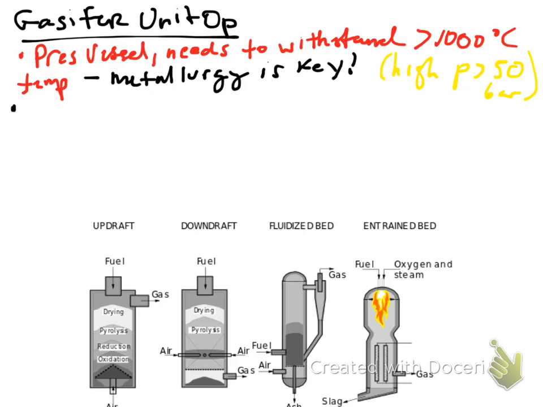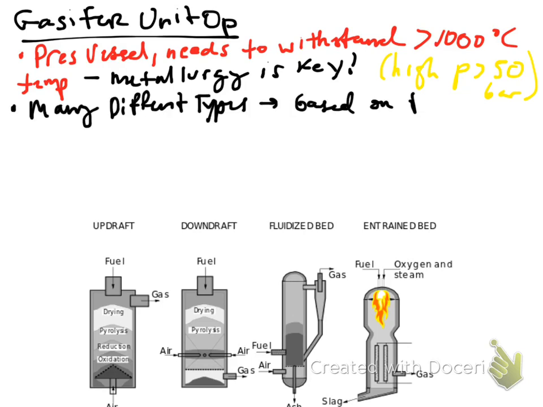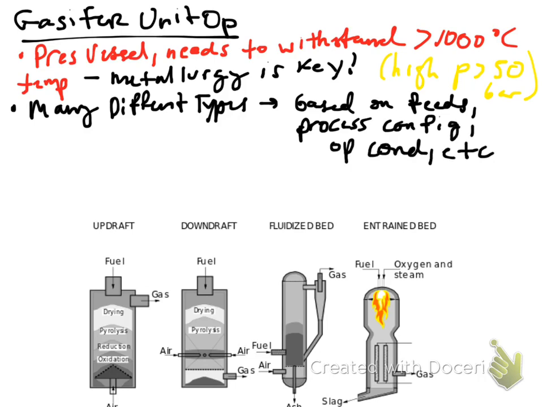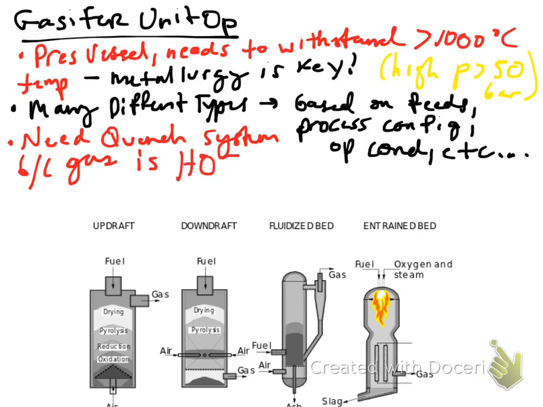All right, so there's many different types, as you can see below. I put a picture in that sort of highlights 4 of them. And of course, the one that is chosen in any sort of facility is based on the feeds, the process configuration, operating conditions, etc. And another important thing that you need to use with these gasifiers is a quench system,